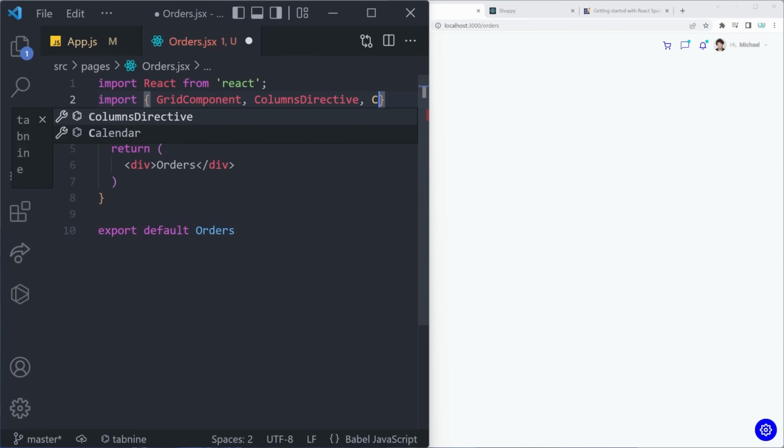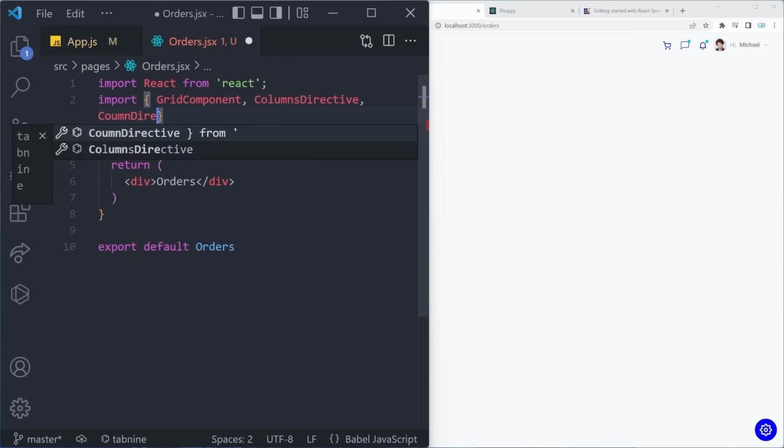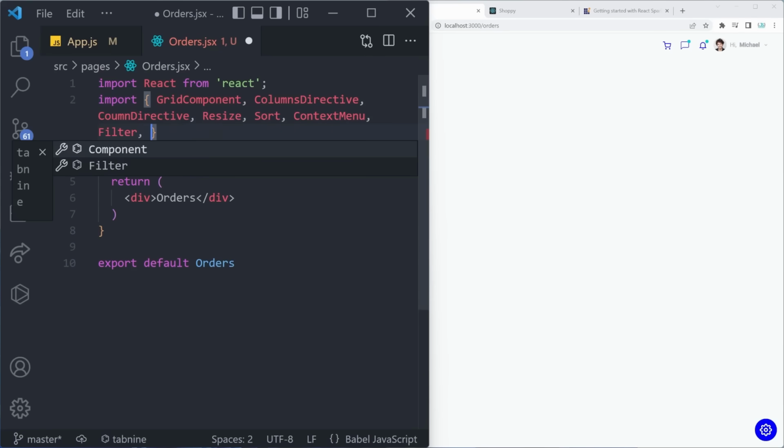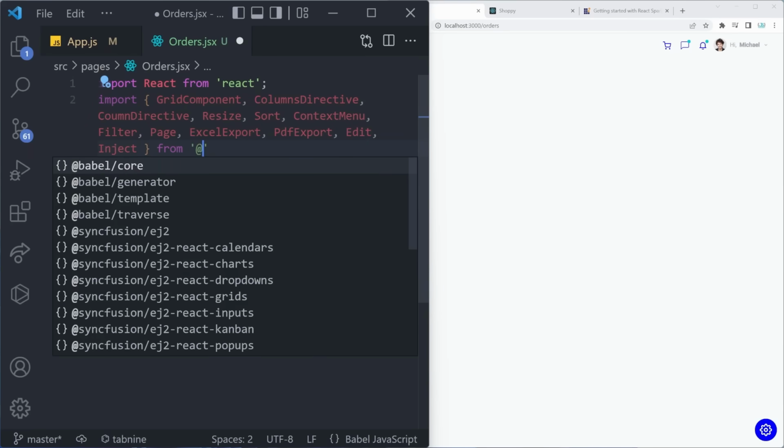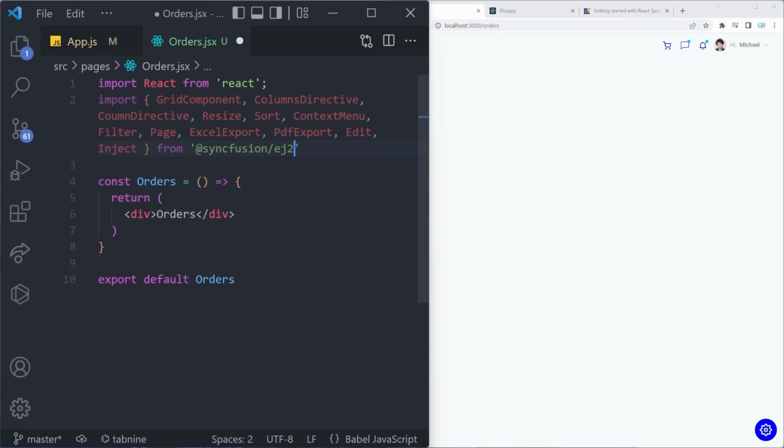We're going to also need the singular column directive, also the resize component, the sort component, context menu, filter component, page, Excel export. Yep, even that is available. PDF export, edit, and finally inject. And all of that is coming from